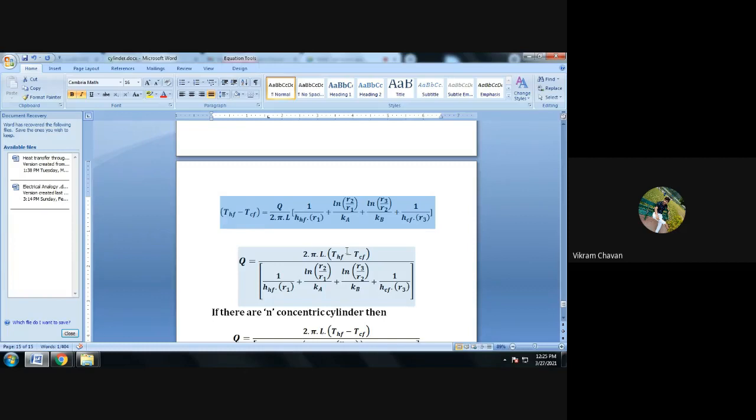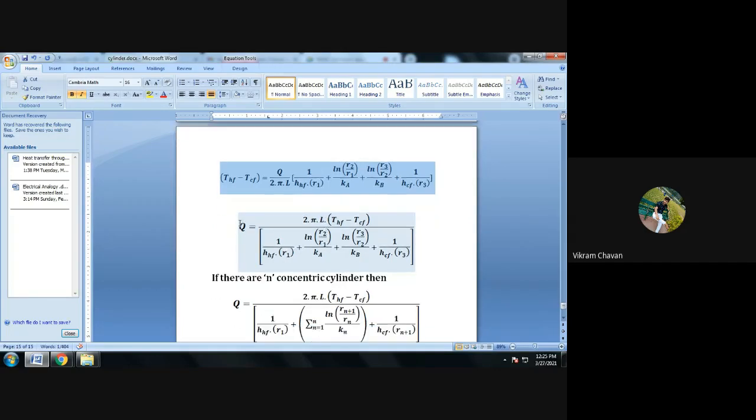These are the extreme temperatures of the cylinder. So we can say that this temperature difference is the overall temperature difference, whole divided by, inside square bracket,